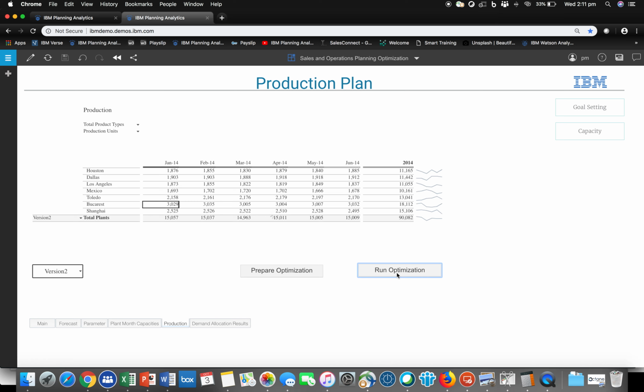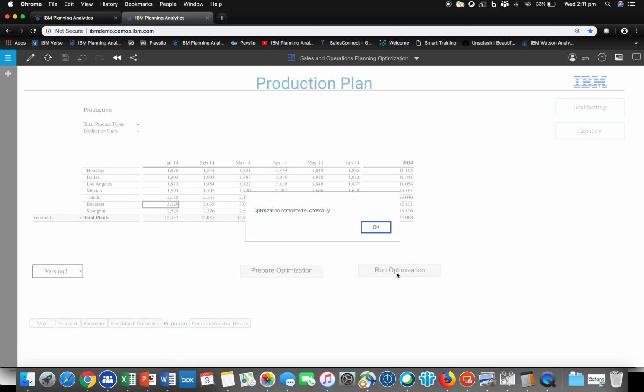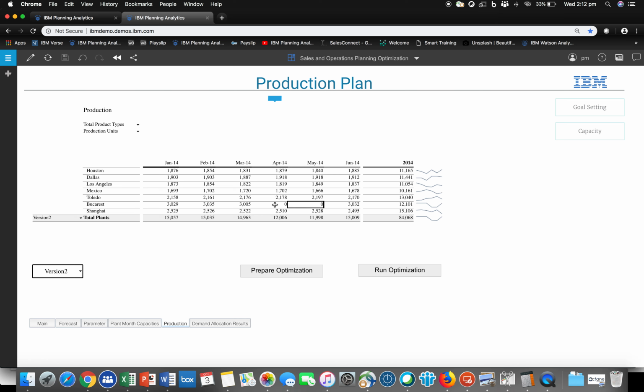So it's going to take all the demand, the optimization goal, the new capacity by taking it out of Bucharest, rerun, so it's going to have to rejig the plan around and bring back the results here. So what the engine's done is run through about 14,000 permutations to come up with the optimized plan, which maximizes our profit margin. So you'll see now it's taken out the production plan from Bucharest for those two particular months and redistributed it over the other distribution sites, but still trying to maximize